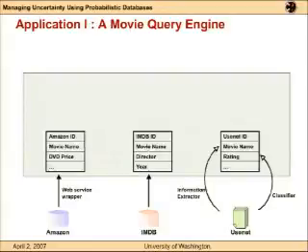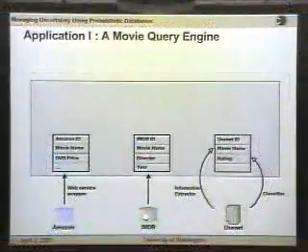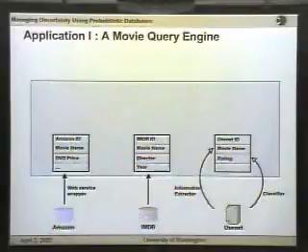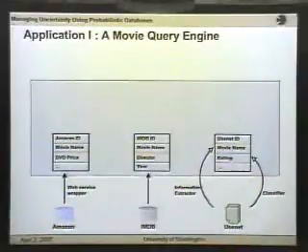So how do you go about building such a system? You have this IMDb database. It's in relational format. You can just load it into the database. With Amazon, you have to do some more work. You have to write some web service wrapper, but you can extract all the data. You can load it into the database, into a few tables.